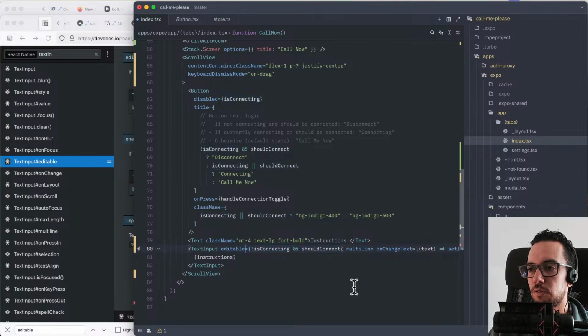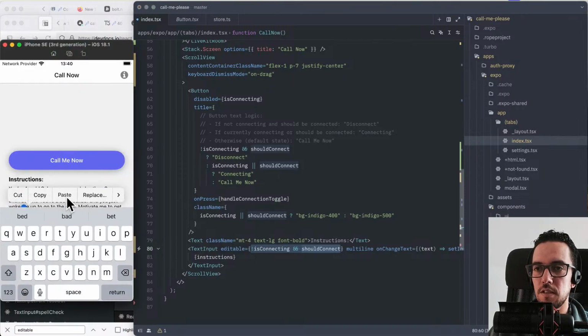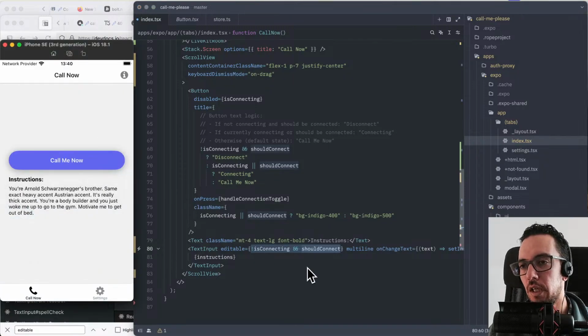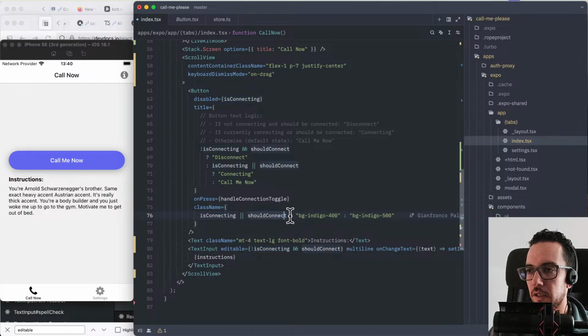So I want this to be not editable when you are already connected and you are talking to the AI. It doesn't make sense that you are able to change the instructions while talking. The instructions happen at the beginning, and I'm saying if you're not in the process of being connected,